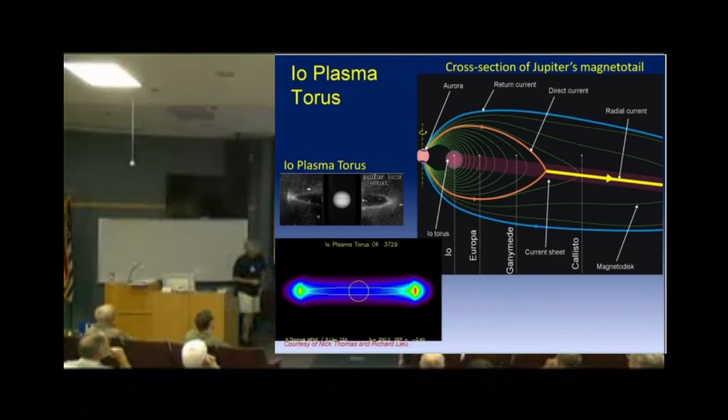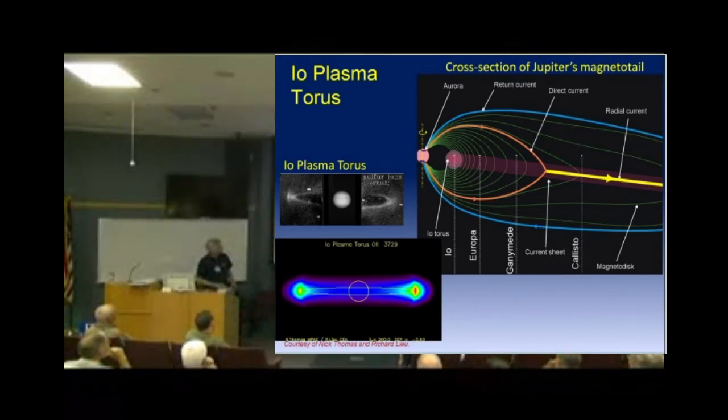How does it move? Well, it moves out radially along what we call a current sheet, and then it gets closed back. So it forms a kind of current loop there. It gets closed back to the ionosphere along magnetic field lines, and that's part of how the aurora works